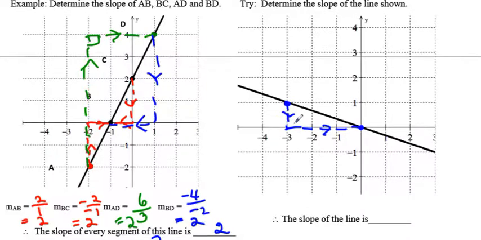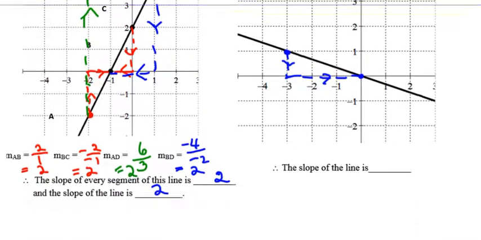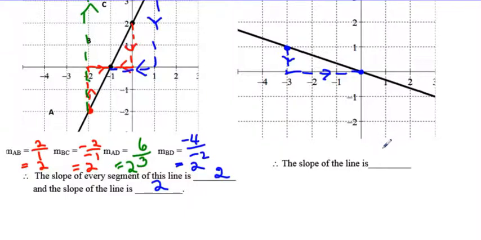So how many squares did I go down? I went down 1 square. So the rise is going to be -1. And the run is going to be 1, 2, 3. -1/3 is my slope. So this line is sloping negatively. As you can see, it's the opposite of this one that's sloping positively. Always reduce your fractions. So sometimes you'll get something like -2/6, and you would reduce it down to its simplest